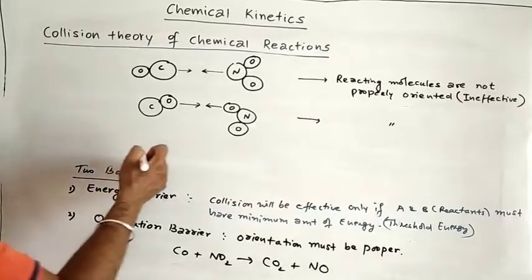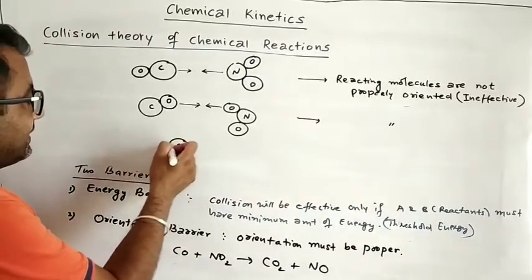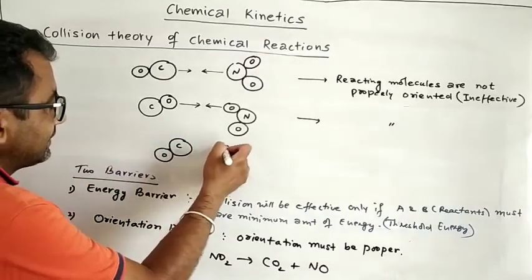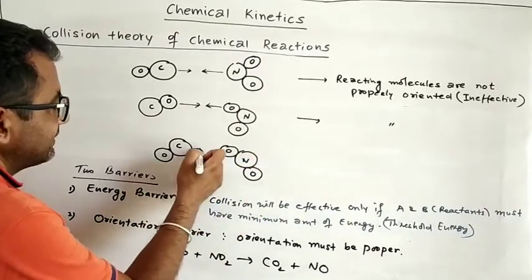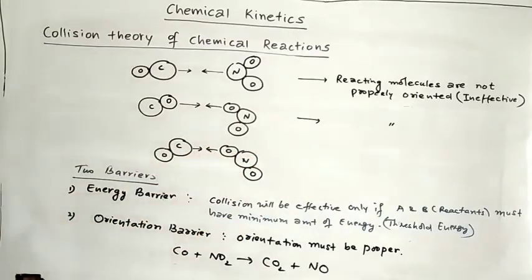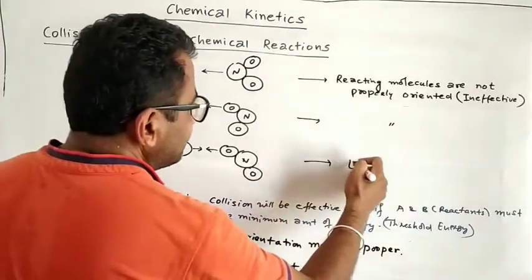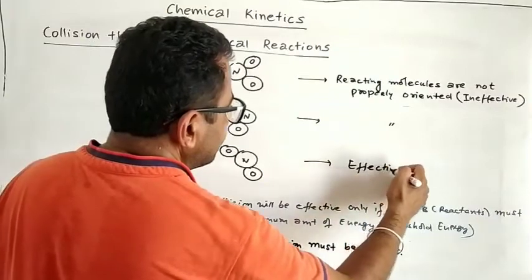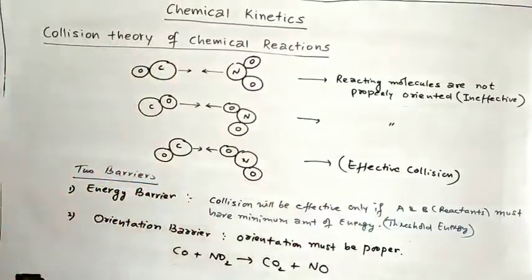Third one is like here is a C, here is an O, here is O and O. So there is a collision between carbon and oxygen. This is effective because carbon combines with oxygen of NO2. So this is your effective collision, that will give rise to the product. So this is about the collision theory. And these are the two barriers which